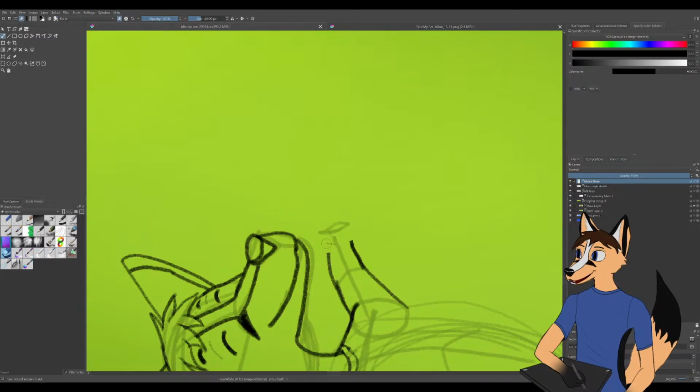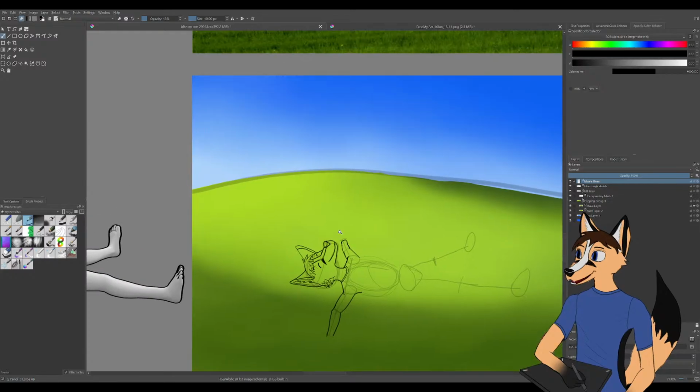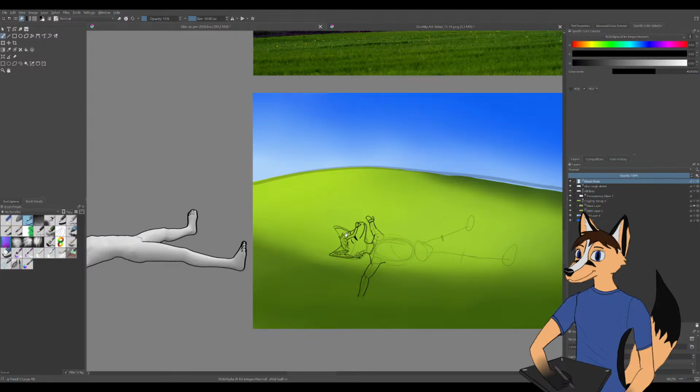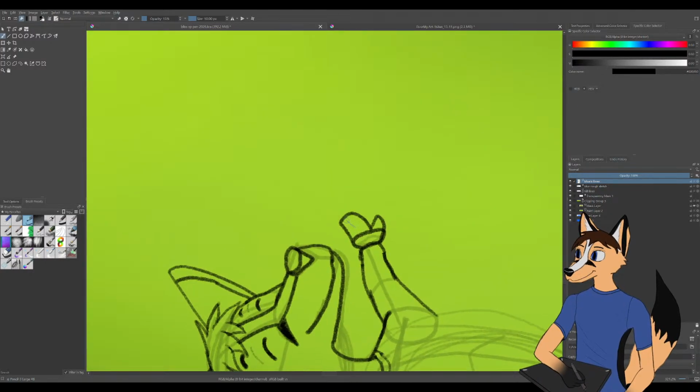Then maybe I'll just forget the reference, because the reference is not helping here. I'll just do that, and then I'll do my usual hand shape. I don't want it to be foreshortened in perspective here, kind of a mitten shape. That doesn't look too bad. And I'll just do that, make that less of a mitten shape and more of a thumb shape.